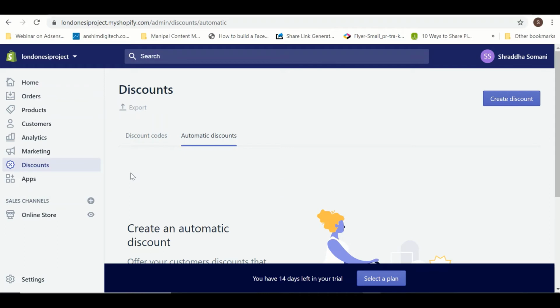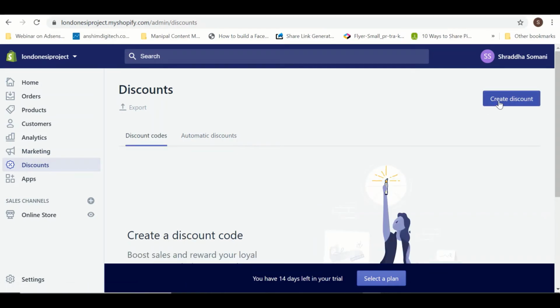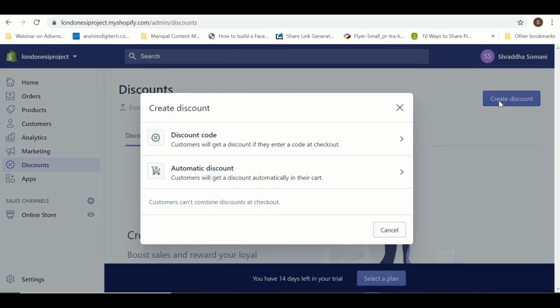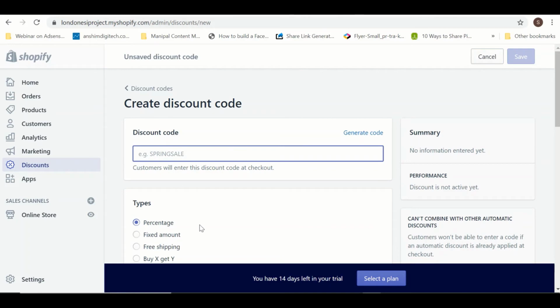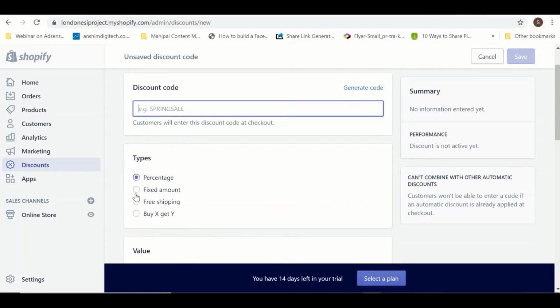Okay. Now, if I want some advanced options, say for example, if I want to create discount coupons, offer coupons, right? So I can go to the discount tab and I can create the discount coupons over here. It is very easy to create a discount. So if a customer is checking out and at that time I'm providing a code, I can do that. Okay. I can have a percentage wise, a fixed amount wise.